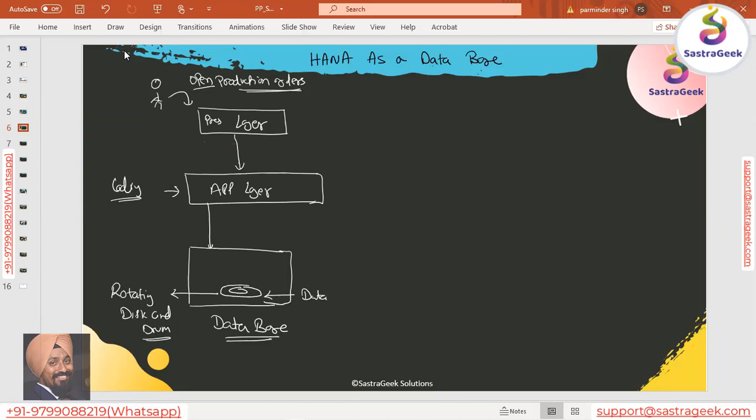In between there will be multiple cache systems, and there would be a file system which will try to bring the data out from this. It will go here, bring the data out, build different caches here, and then once the data comes out, it will go to the application layer, then to the presentation layer. Once the data goes out, we don't do the calculation here. The calculations happen here. The filtration happens here.